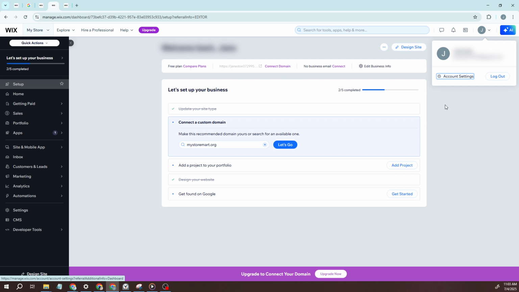Now, with your dashboard open, it's time to tap on your profile icon. Typically, you'll find this in the upper right corner of the page. It's usually represented by a thumbnail or an avatar image. If you have trouble locating it, take a moment to look closely because it's the key to getting into the next steps. With your profile menu open, you'll need to look for and select the option that says Manage Account